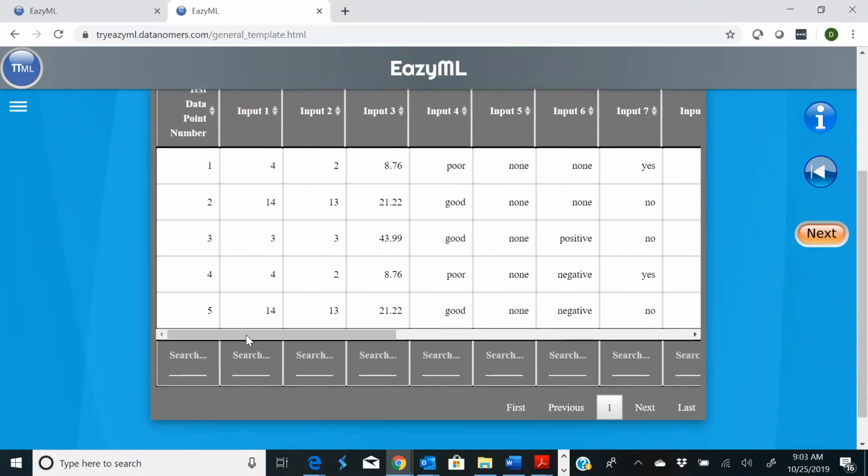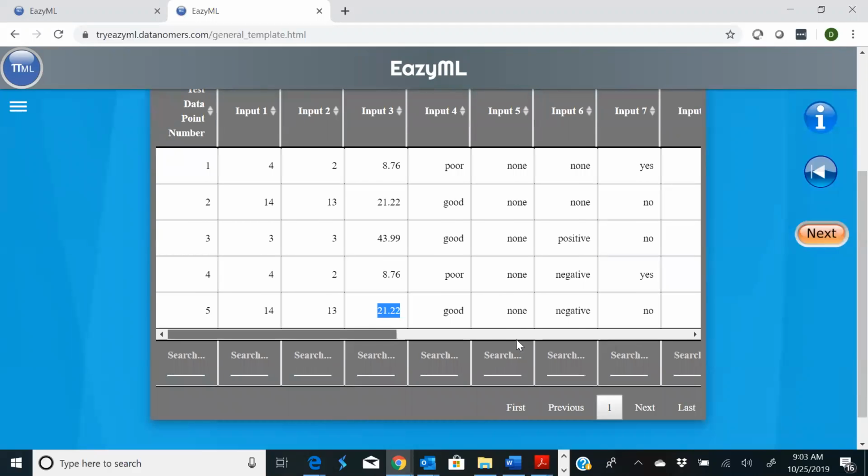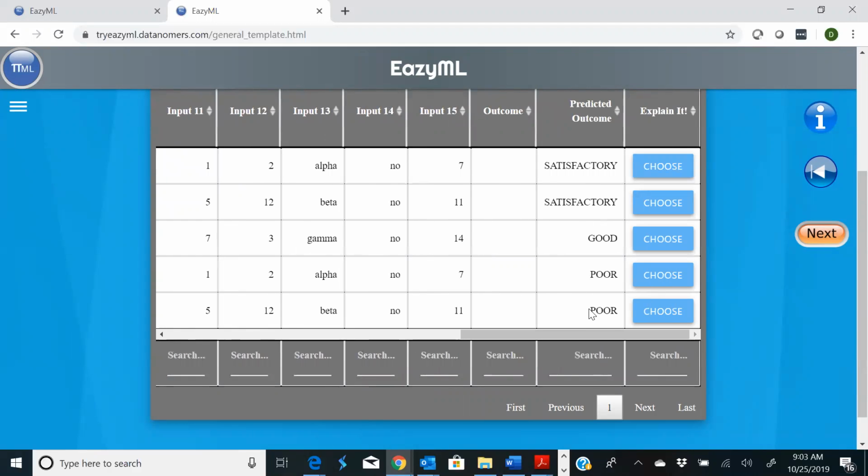Let's say we pick this 5th data record, with input 1, input 2, input 3, 21.22, and all these various values. And we want to understand why the machine predicted poor.